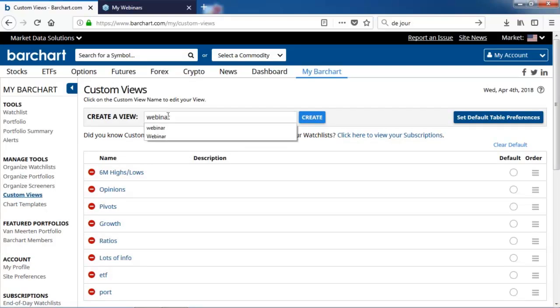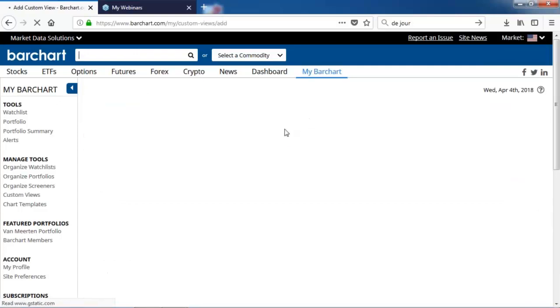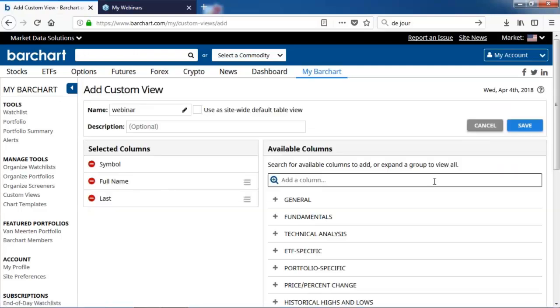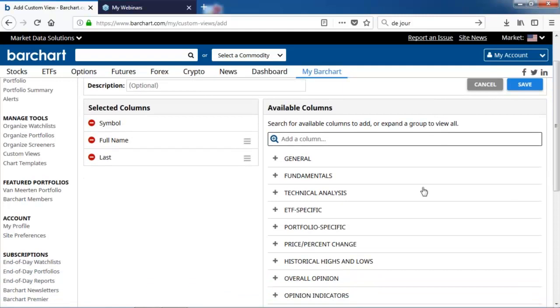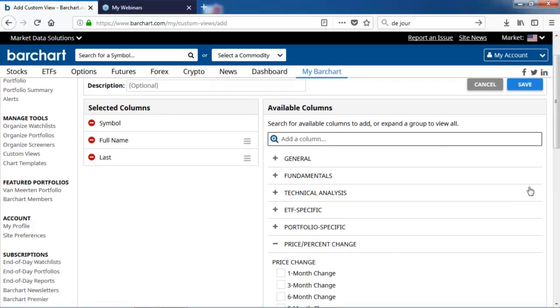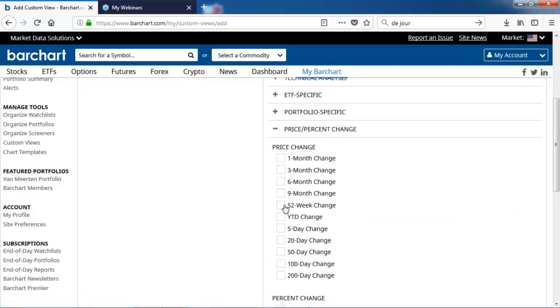I glanced down to see my paper, and I must not have saved what we just created. So let's go through the process once again. We're going to go into price and percent change, and I want 52-week highs, 52-week change, sorry.